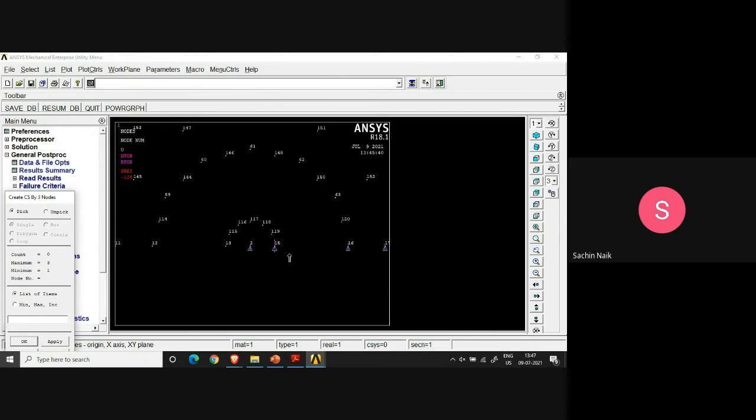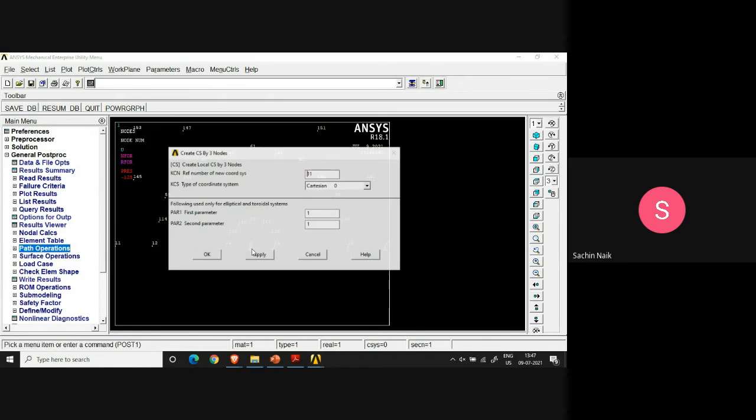The node definition is going to begin from the origin of the crack. So it is this first, this later, and the vertically above one node, that is 117. So between 3, you have defined a coordinate system with the help of these 3 nodes, which are in perpendicular direction to each other.